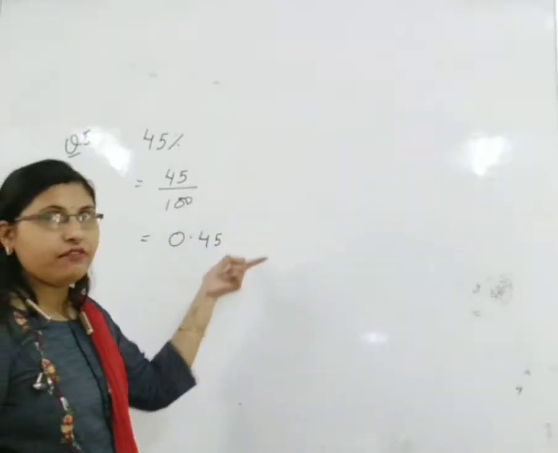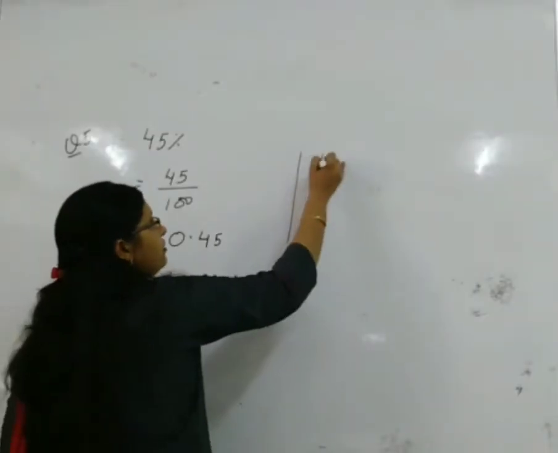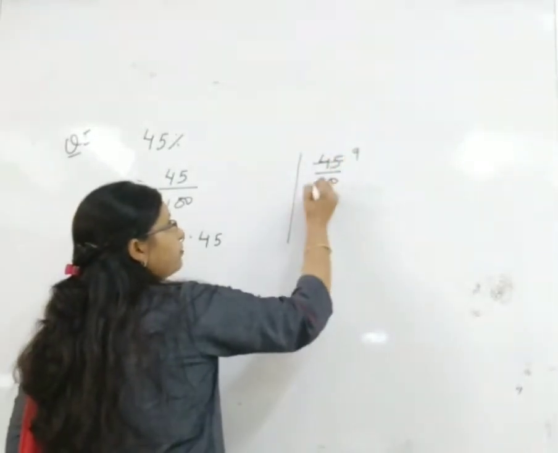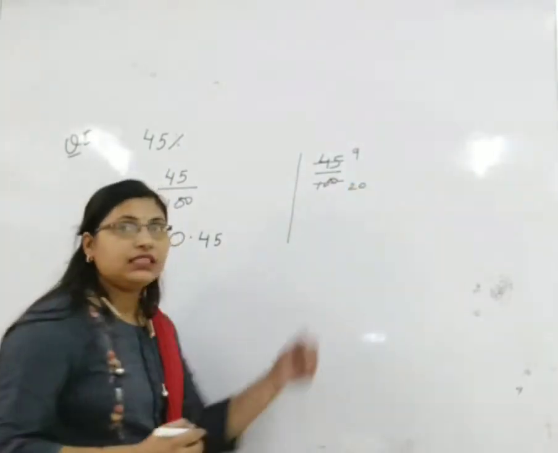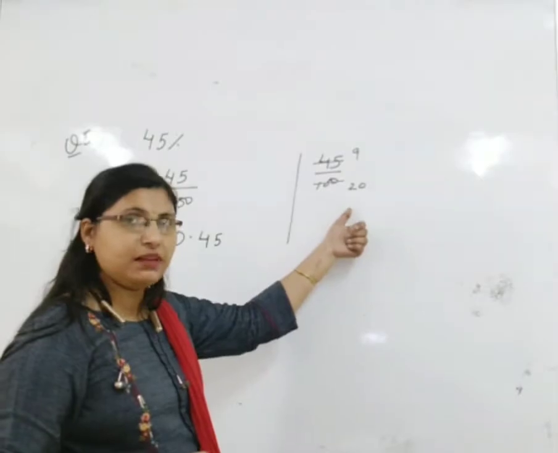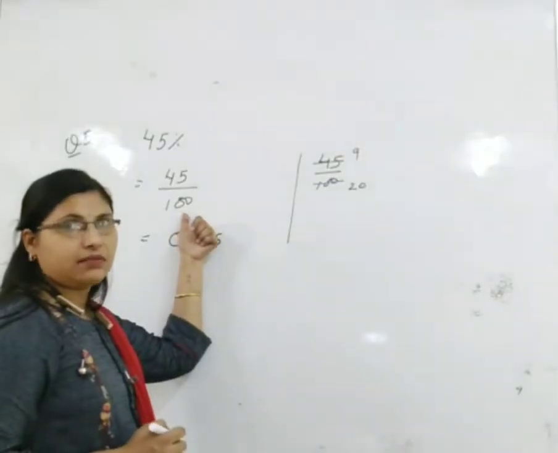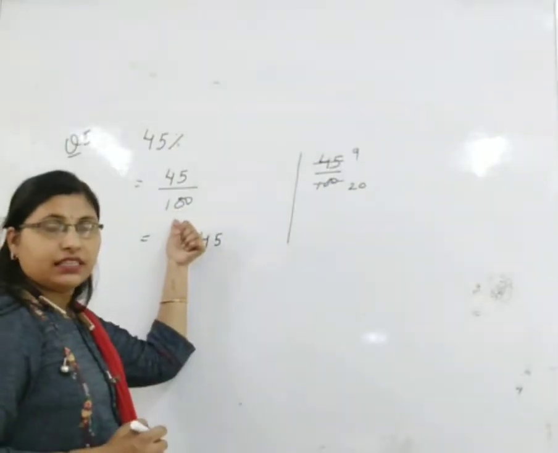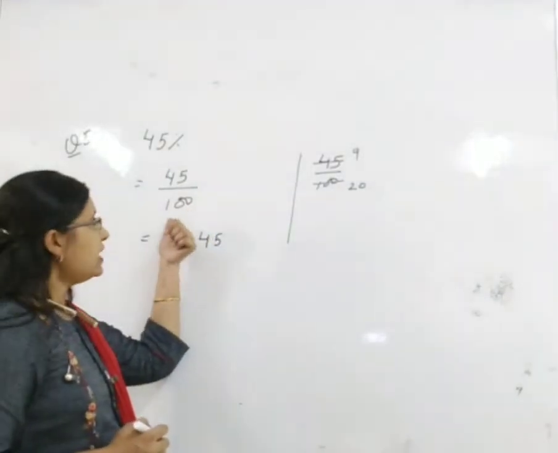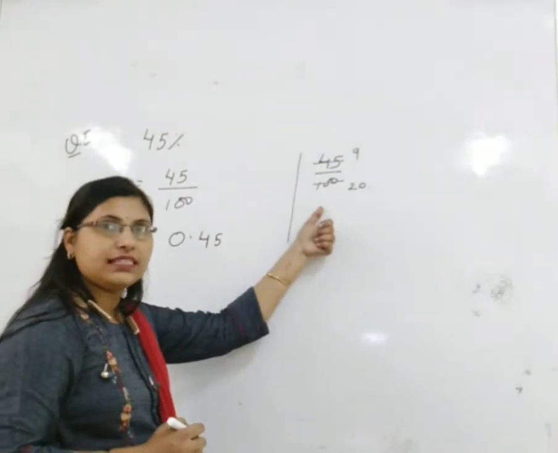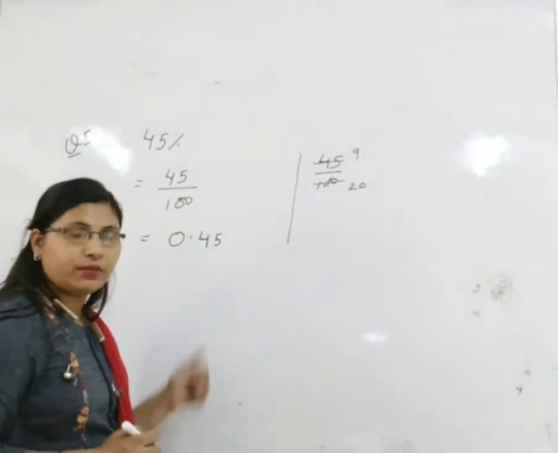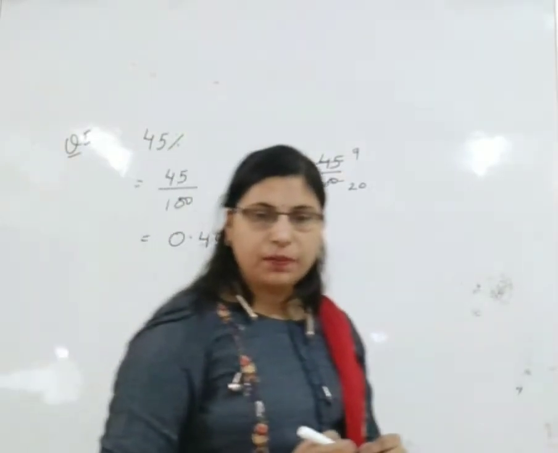So there can be one more way also. First of all, we can cancel out these numbers by the table of 5. Now think about whether it is easier to convert this number into decimal form or this number into decimal form. This one is easy because we have to just count the number of zeros only. So that's why there is no need to go to this step. Directly we can write the number in decimal form. Clear everyone? Let us see one more part.